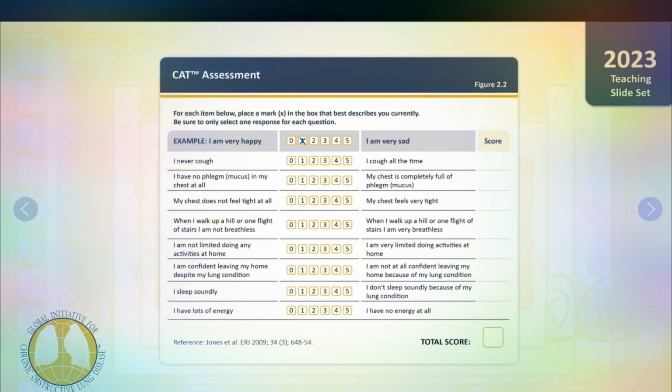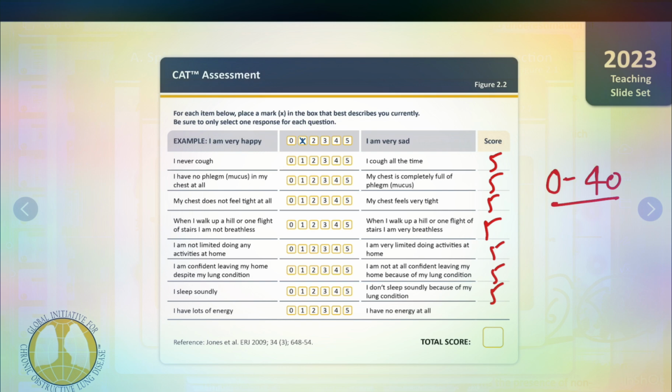Now comes the COPD Assessment Test, the CAT assessment. Here they are telling there are a total of 8 things we have to ask, and each can get a maximum score of 5 or a minimum of 0. So it is from 0 to a highest score of 40, because every item can be given a maximum of 5, and there are a total of 8 categories. The first thing is about cough. If the patient says I never cough, then we give 0 score. If I cough all the time, then this is